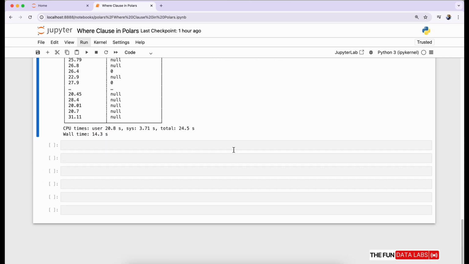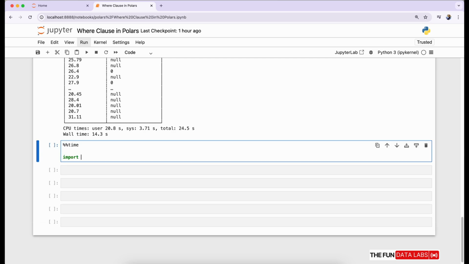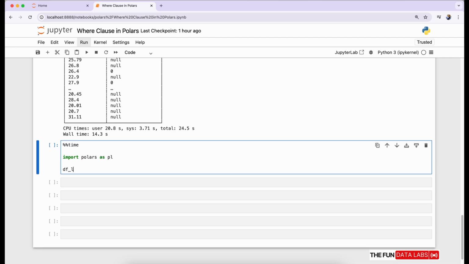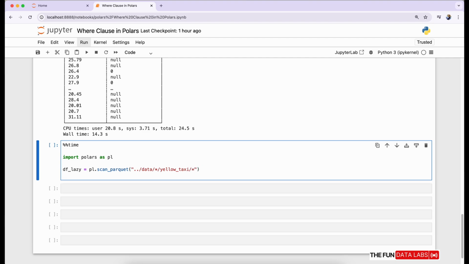This time, we will take a different filter condition just to test how filter conditions work. We will take the not null condition to check how Polars works with not null columns. Let's import the polars library as pl by calling the pl.scan_parquet method with the file path. Now get the path of the data folder where we are using the yellow taxi data folder to read all files into it. We are using data from 2010 to 2022, yellow taxi data, so we are using wildcard star in year and month both sections and create the df lazy variable.